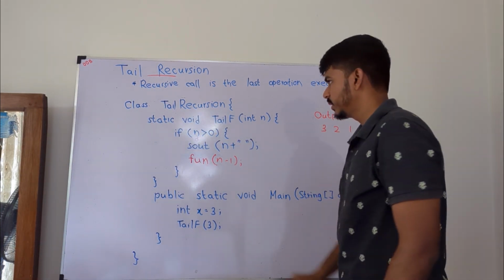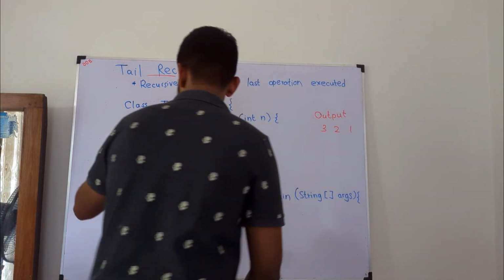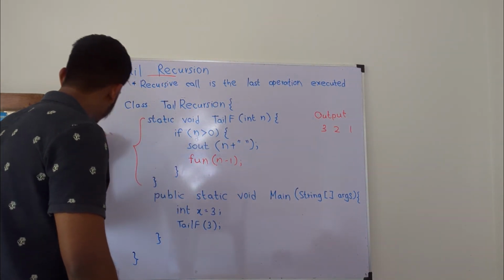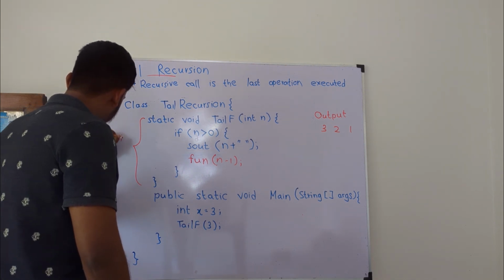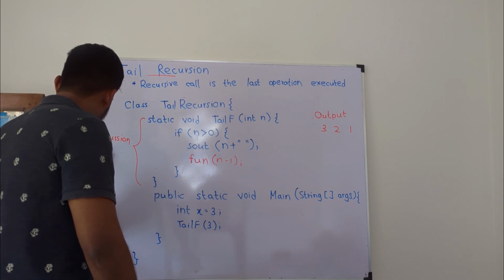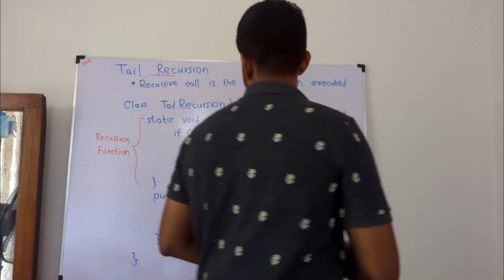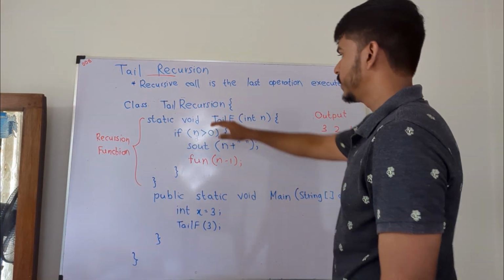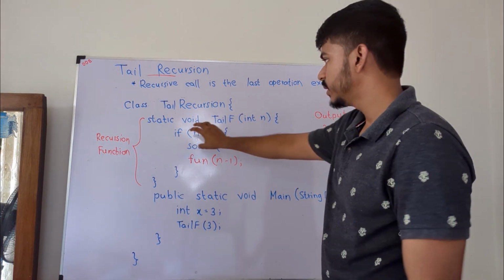Here you can see the recursive function. In this function, the name is tailf, which takes an integer n as a parameter and checks whether that number